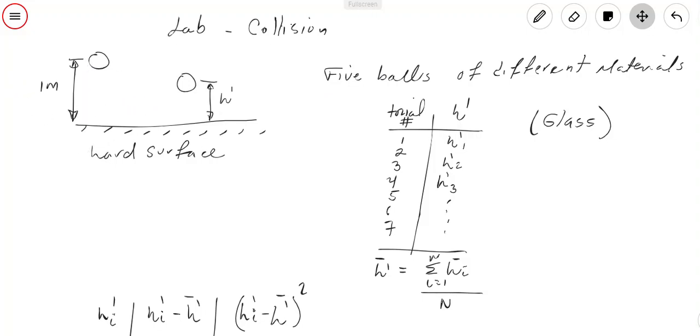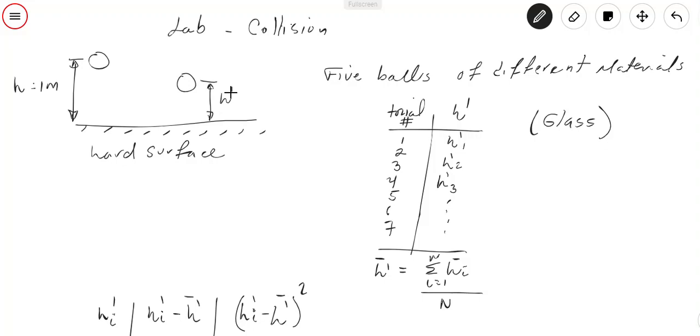This height of 1 meter is what we call H, right? Now, the ball is going to rebound against this hard surface, and of course, it's not going to reach the same height we had initially. So we are going to call the new height H prime, right? So there will be a delta H there. That is a difference between the initial height, which was approximately 1 meter,